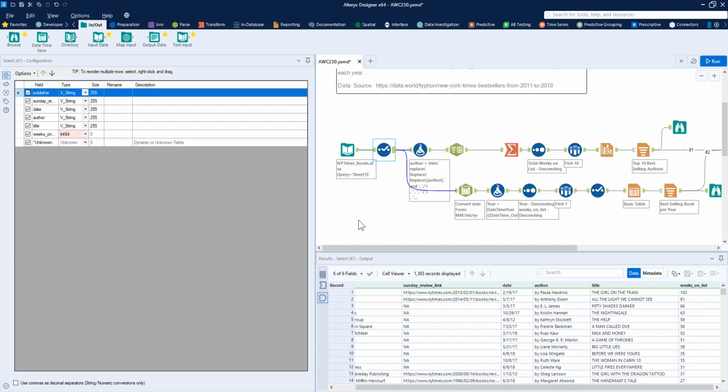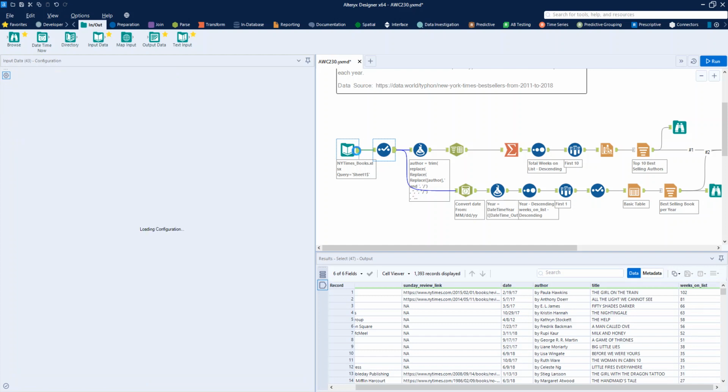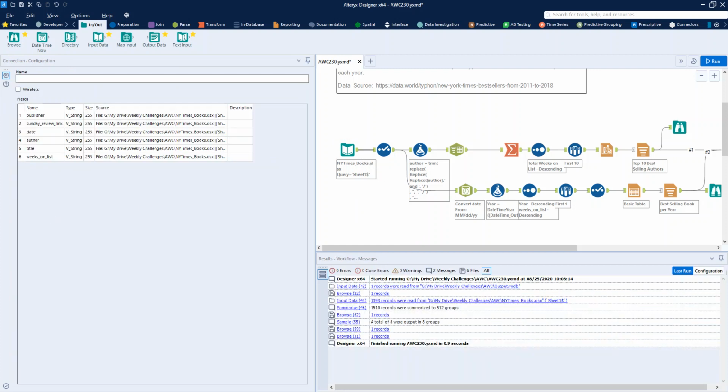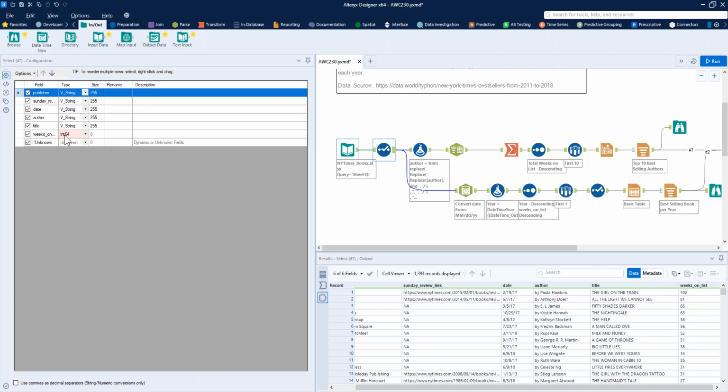This week's challenge, we're looking at the reporting tools again. Our data source has each line as a book and how many weeks it's been on the bestsellers list. But if we take a look at the metadata here, we see that our weeks on list is a string. So the first thing we want to do is make that numerical so that we can actually use it